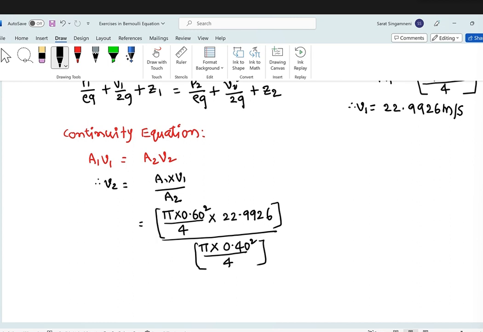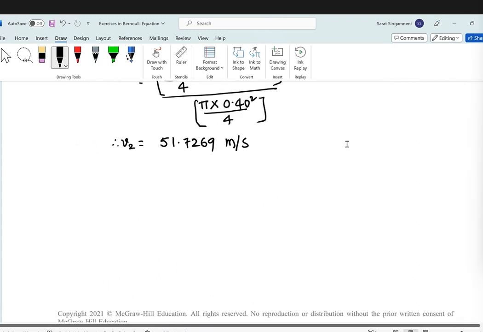All right. Simplifying this, we get the velocity at 2 as equal to 51.7269. The velocity is increasing because the area of cross section is decreasing. All right. Once you know these two velocities, we are now back at the